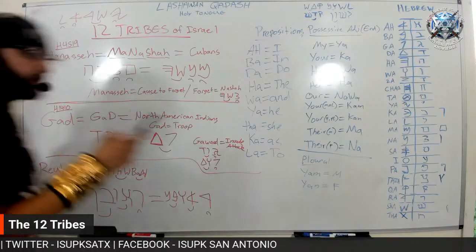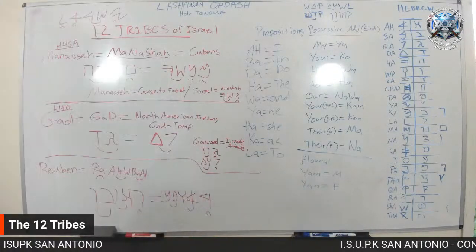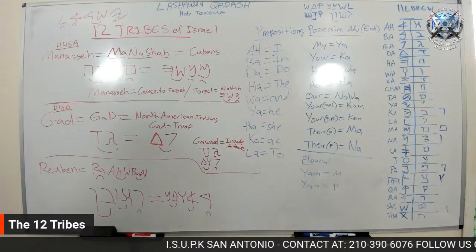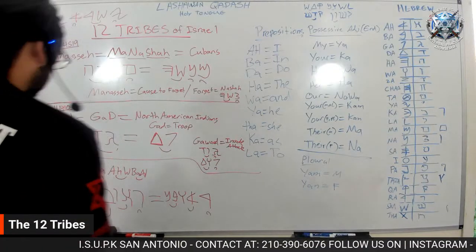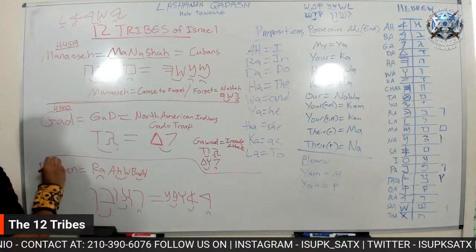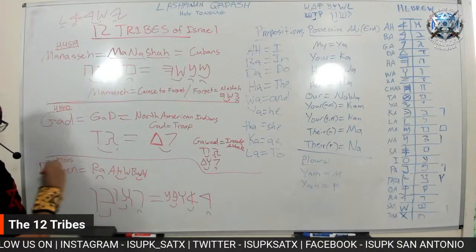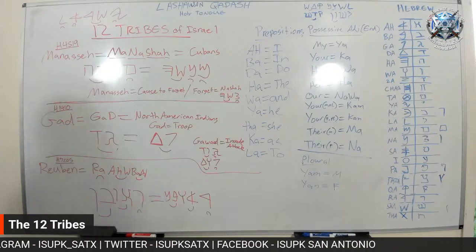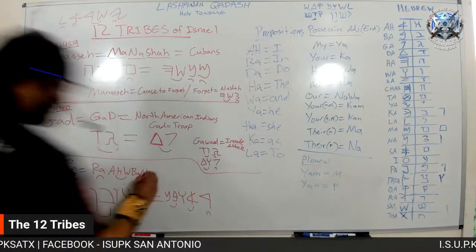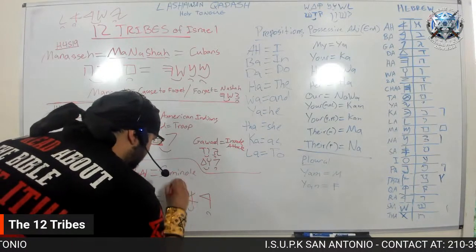Give me Genesis 29 and 32. Yeah, this was Leah's firstborn son. This is the book of Genesis, chapter 29, verse 32. And Leah conceived and bare a son, and she called his name Reuben. Right, Reuben, which means... we know that Reuben is the Seminole Indians.